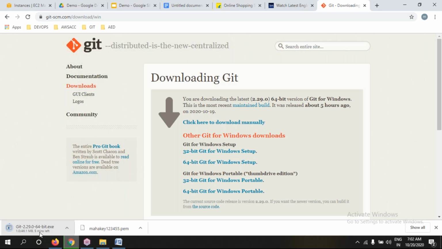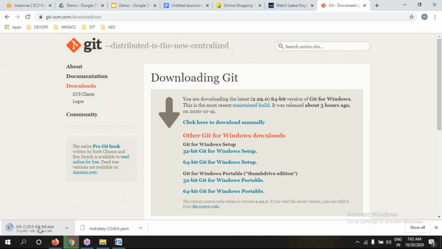After successfully downloading this Git file, double click on it, run, next, finish.